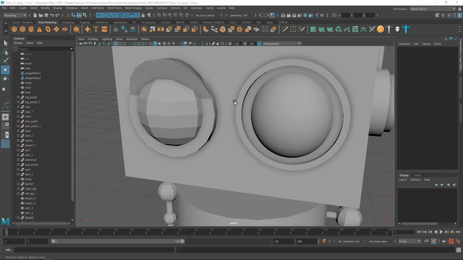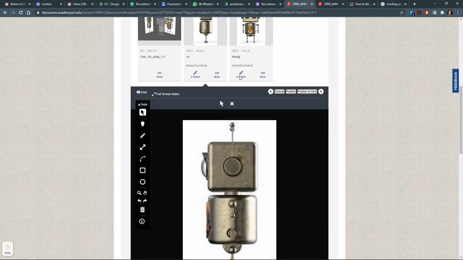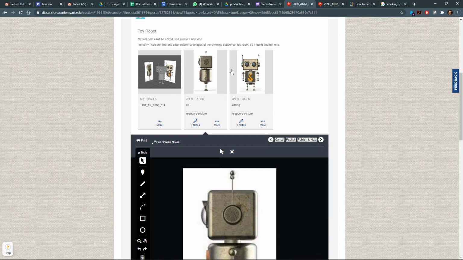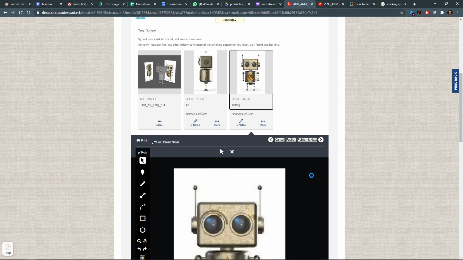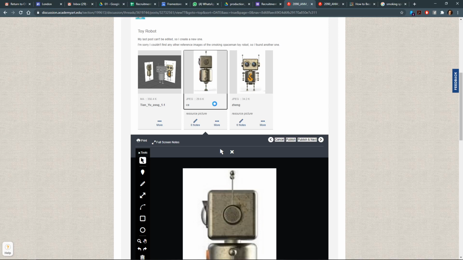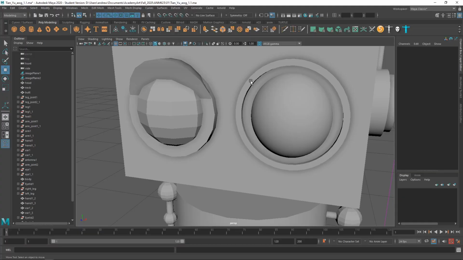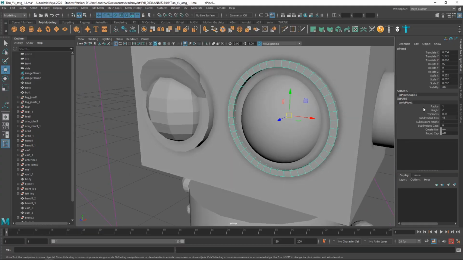Okay. Back to the reference. So that kind of cuts in there. And there is a thinner thing around the bottom. It's hard to tell exactly what's going on there. I kind of think it'd be great if we had another angle on it. But I guess my interpretation is there's 2 rings around the eye. One of them is that kind of